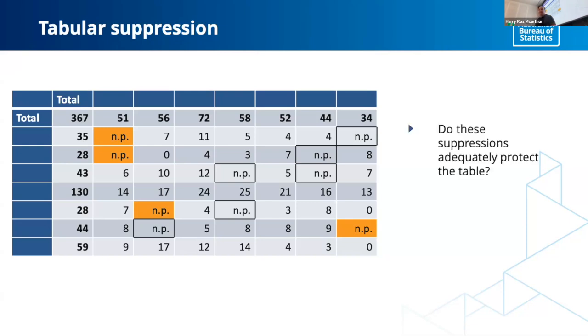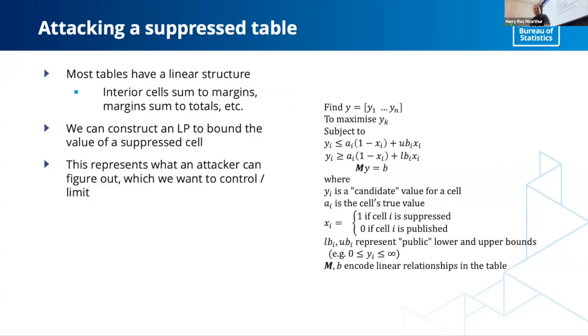And that's where we start doing the actual maths. Are these suppressions actually protecting what we want to protect? Are they hiding those values that we said were unsafe? And are they the best option? We could suppress something else, I'm sure there are other options. At the very least, we could just not publish the entire interior of the table. That's probably going to work, but it also means we're not releasing a lot of really good data. So what does it even mean to say these are valid suppressions and that they're the best suppressions, and best is optimal, and that's probably why we're talking here.